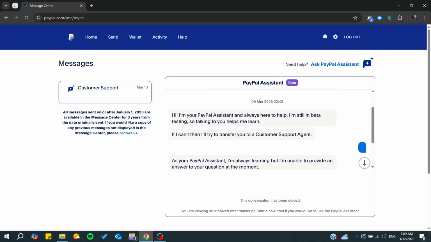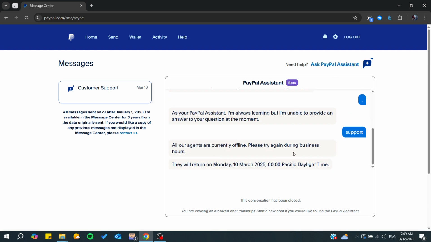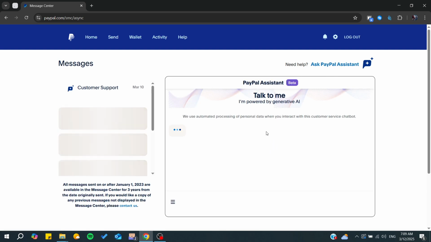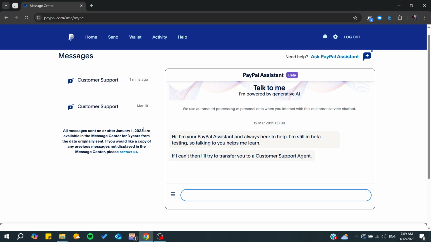So the first thing you will find is this PayPal assistant. So this is just an AI or a bot assistant that will start contacting or talking to you and give you some suggestions. What we want is to just ask a payment assistant, and then we open another chat and just type support,